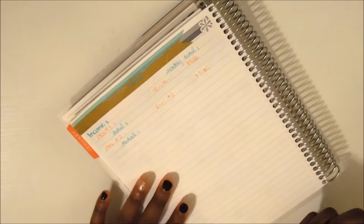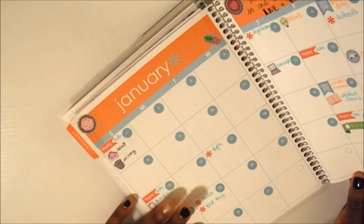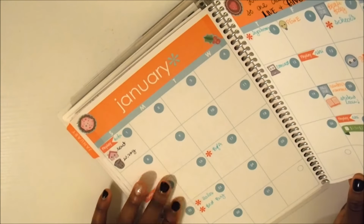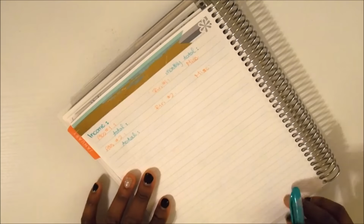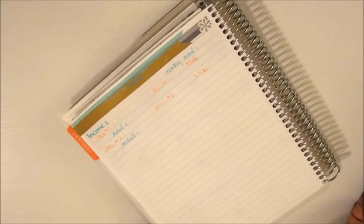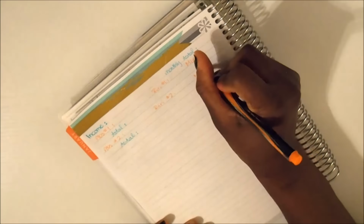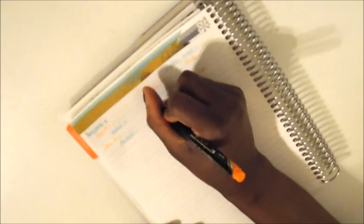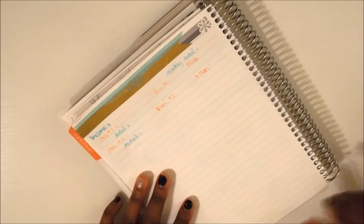I'm thinking through this because we have our bills written out on our monthly page, so what I'd like to track are definitely our cash envelopes on here, and then we do still use the Every Dollar app, so as far as the actual numbers and things like that, they're all in there. So this will be just for reference and to be able to look back and see what we've actually spent, what our income was and what expenses we had throughout the month,